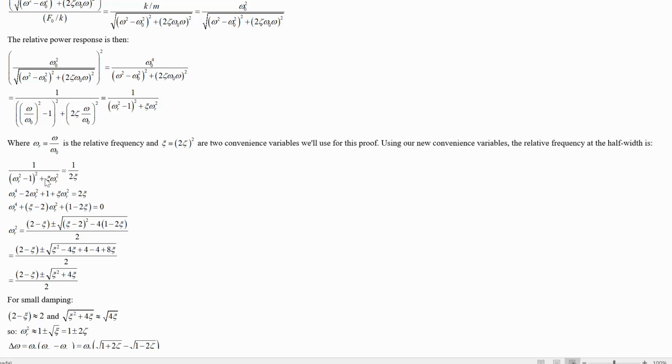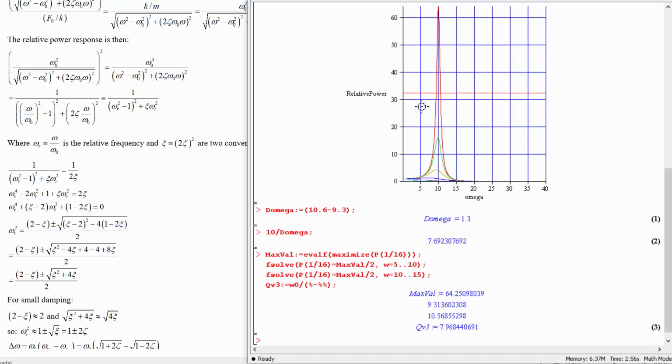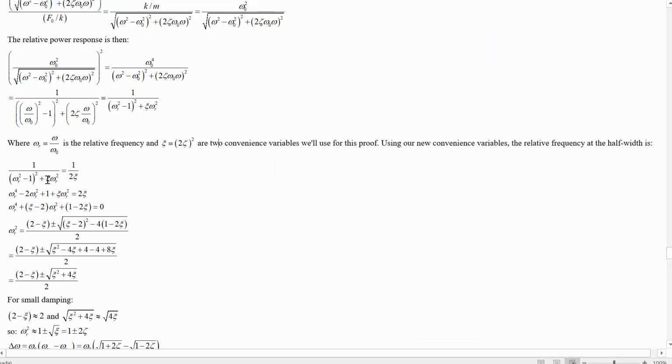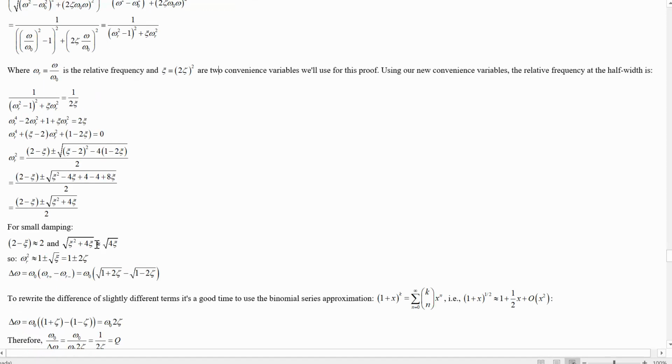And we expect to find two of them, one on the left side of this resonant spot and one on the right side of it. So, not surprisingly then, we do end up with a quadratic here in omega r squared. After simplifying it out, we can find that omega r squared must be equal to this thing. And next, we say, assuming the damping is small,